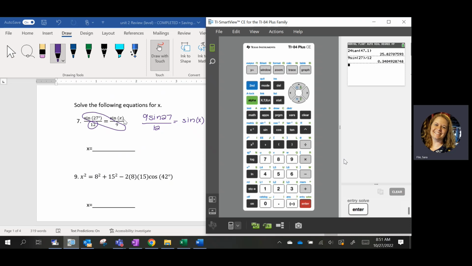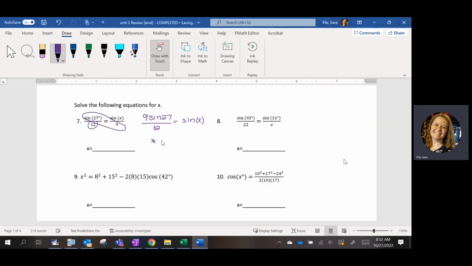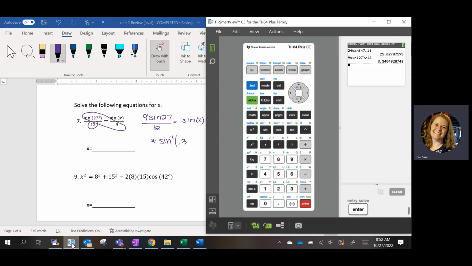That is not x, that is sine of x. So whenever it's an angle that's missing, you have to remember to do inverse trig. In this case, it's sine. So we have to do inverse sine of that decimal that we got, that 0.3, I forgot what it was,